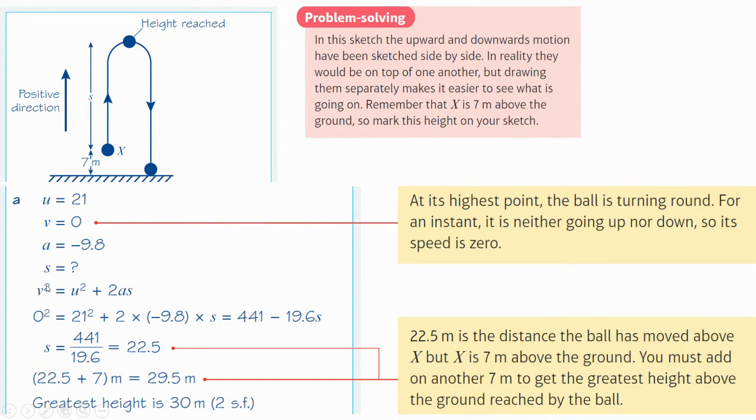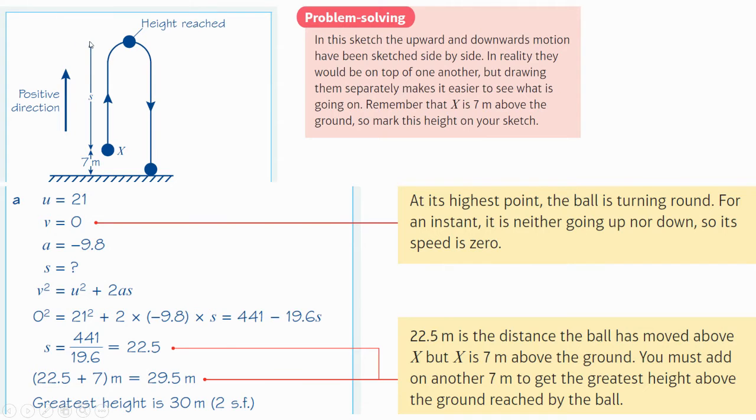So S equals, we don't know, and so we've got V squared equals U squared plus 2AS. If we put in the numbers, we're going to get 22.5. That is just from X up to the top. If you then add 7, you're going to get the greatest height it's reached. Now, what you've got to be careful about is you can't just label your diagram as from the floor all